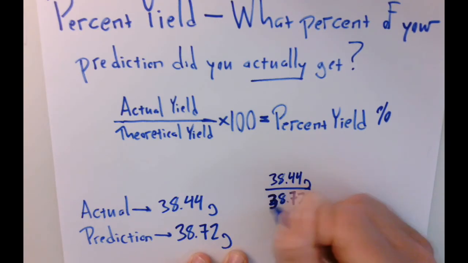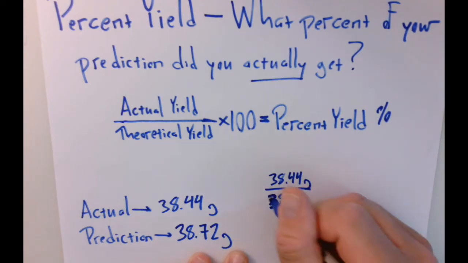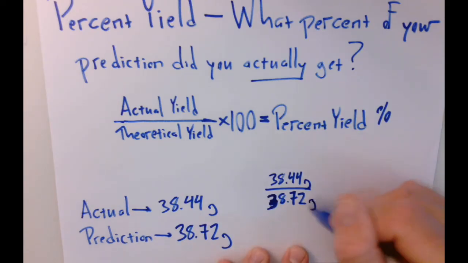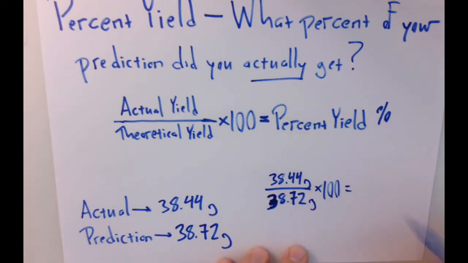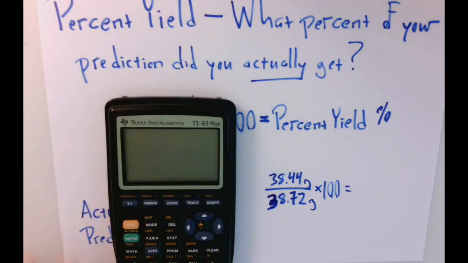There's a 3 there, I promise you. So 38.44 divided by 38.72 times 100. And that gives you the percent yield. So if we calculate here, I'll put that in parentheses, 38.44 divided by 38.72, you can see it there, times 100,